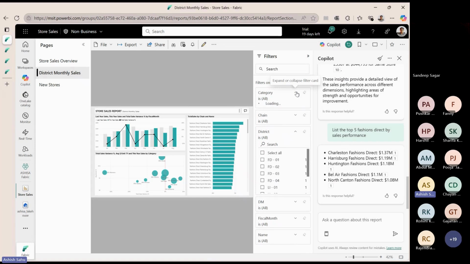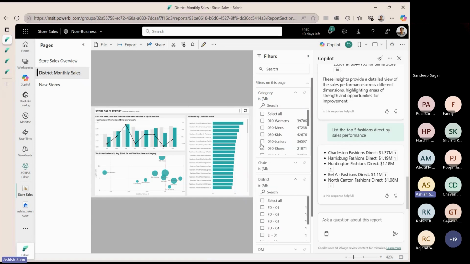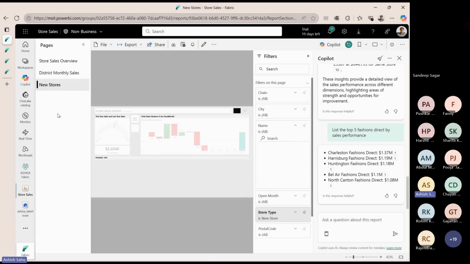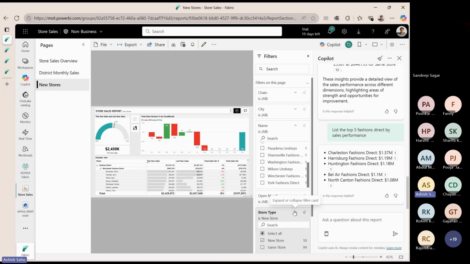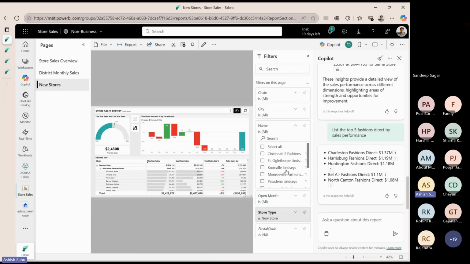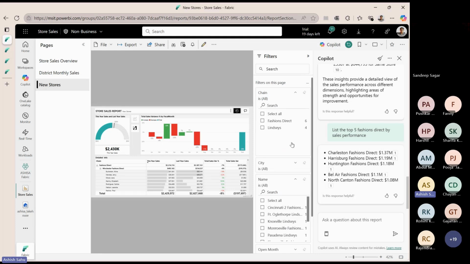Okay, I think let's skip that part. It should be here. Let me give it a try once again. Store type is new store, which is fine. Open month is also fine. Do I see Charleston here? I don't. Okay, that's okay. In the spirit of moving ahead, let me just